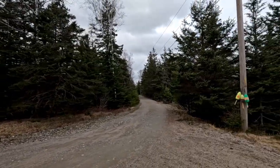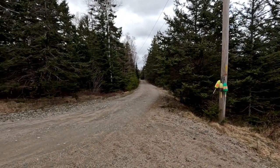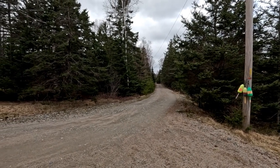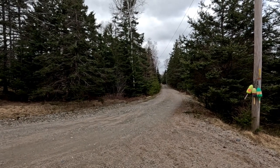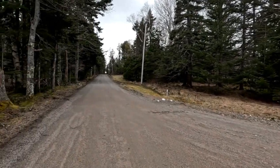This is our closest neighbor's driveway to the west. There are 2 houses back there. There's a new one, which is under construction, and an older house, which is not that old. It's only about 5 years old. And then up here,